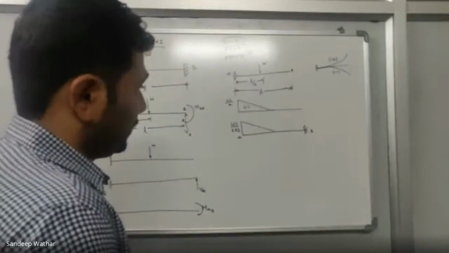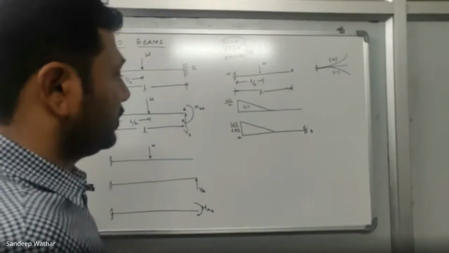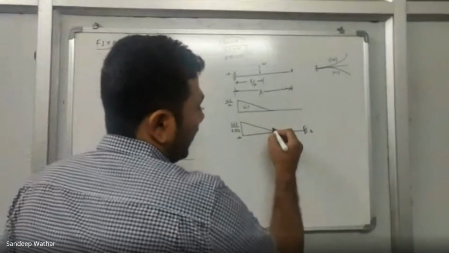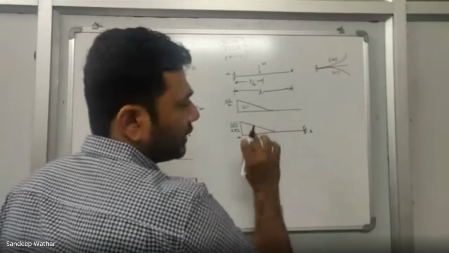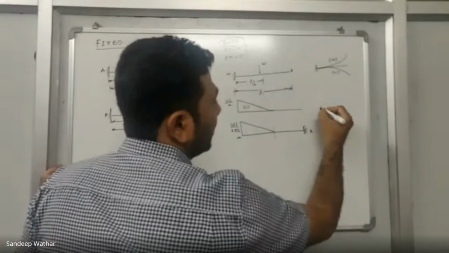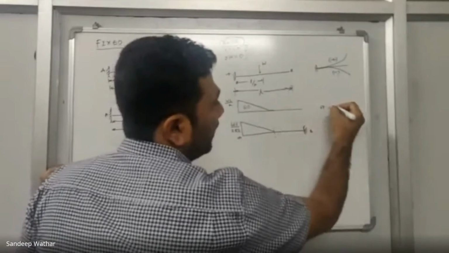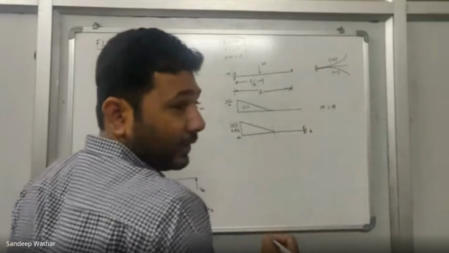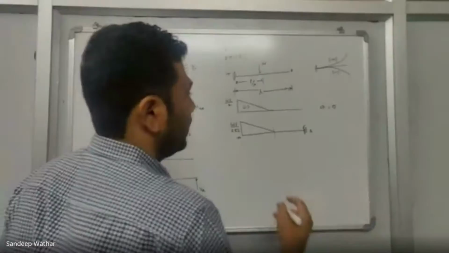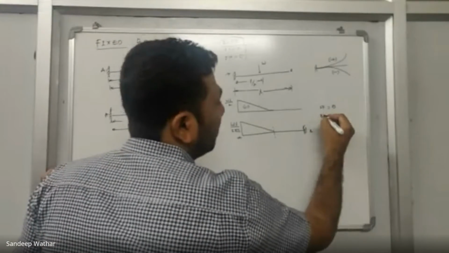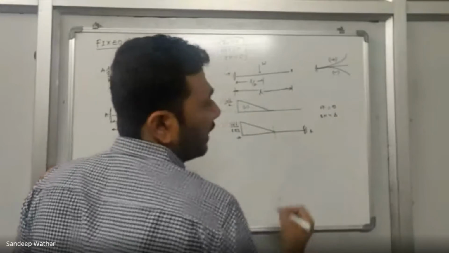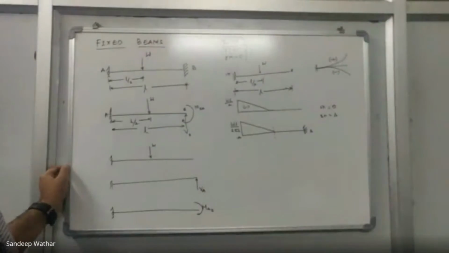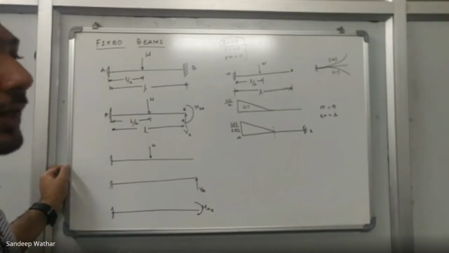So you try to observe this. If I calculate the shear force at any point, like I'm considering this point, if I calculate the shear force from the conjugate beam, it will give me theta. Theta means what? Slope, rotation. If I calculate the bending moment in the conjugate beam, I'll calculate the deflection. I hope you all remember this conjugate beam method.